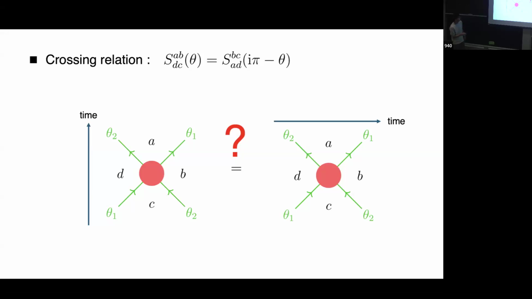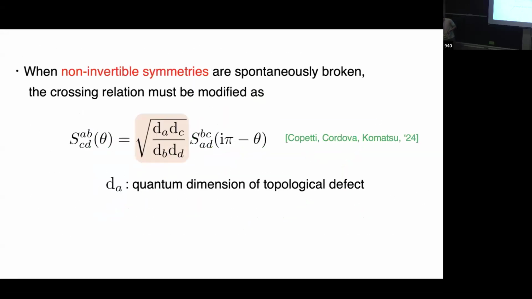Like this crossing relation, either the previous one, this one, or the one you wrote for the boundary, under what condition does it apply? In deriving this modification of the crossing relation, it is enough to assume the spontaneous breaking of the non-invertible symmetry, and in that case this non-trivial modification occurs. I see, just for the completely broken case. So even if you consider an anomalous Z2, if it's completely broken, then this is fine. There's no minus one. In the case of invertible symmetry with anomaly, then instead of this,